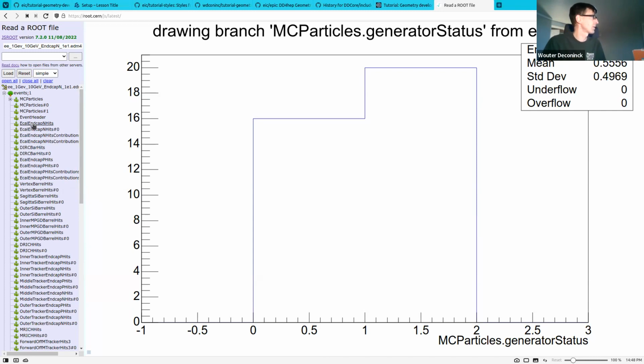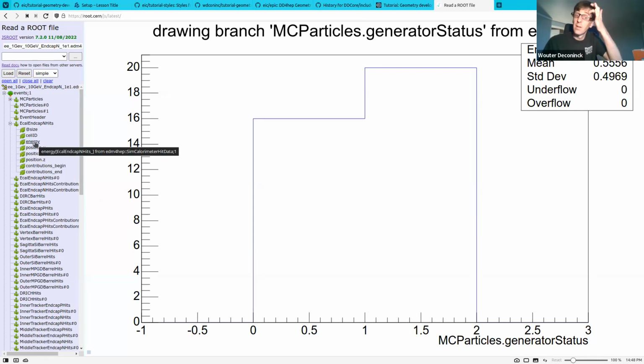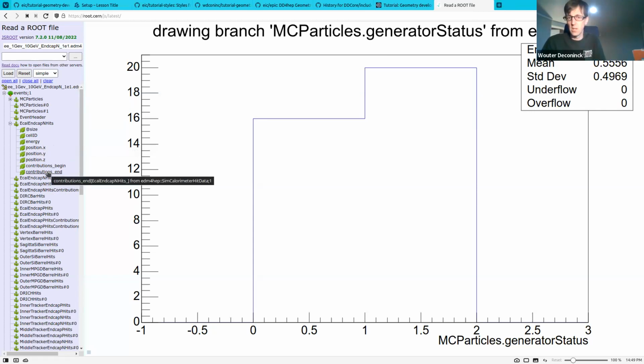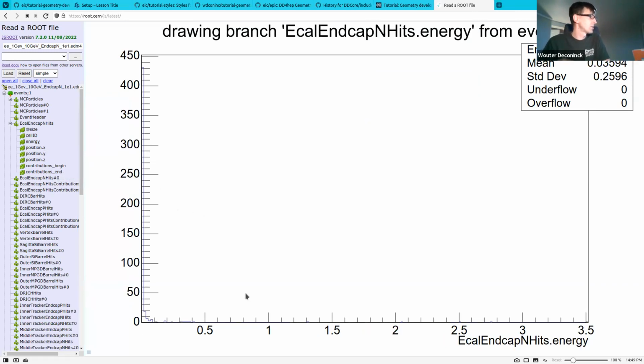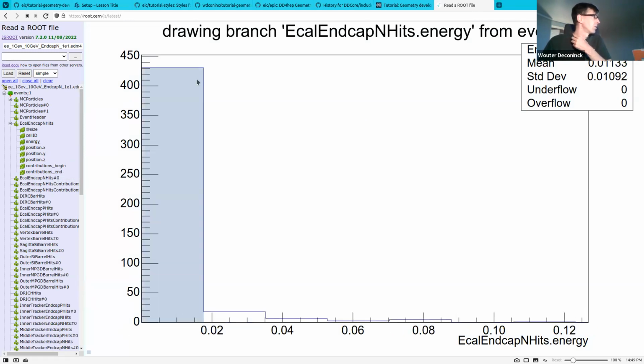So if we look, for example, at the first one here, ecal end cap negative hits, which conveniently is also the one that we just threw a whole bunch of electrons in, we can look at their energy, position, X, Y, Z, and then what energy contributions this was generated with. I'm going to skip discussion of these contributions because that's a little bit more of an advanced topic, but let's just look at the energy distribution,